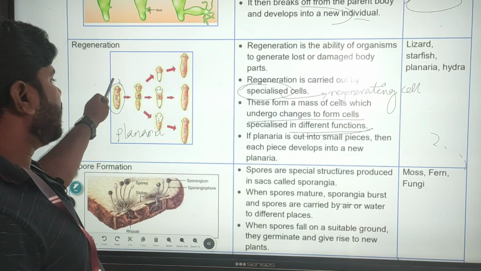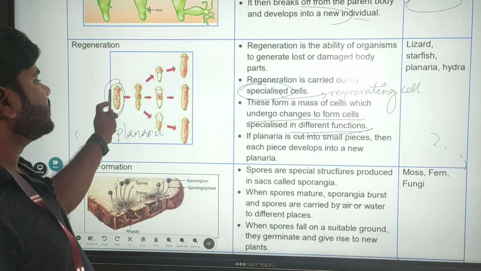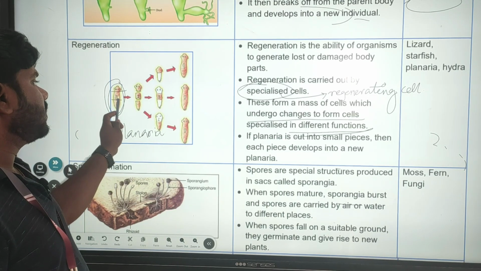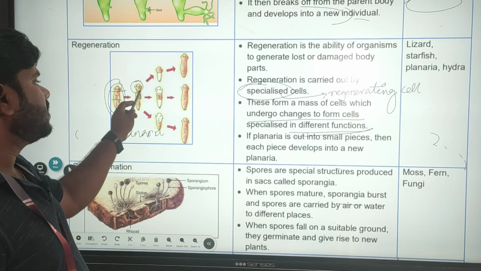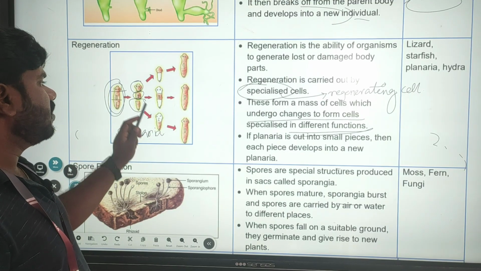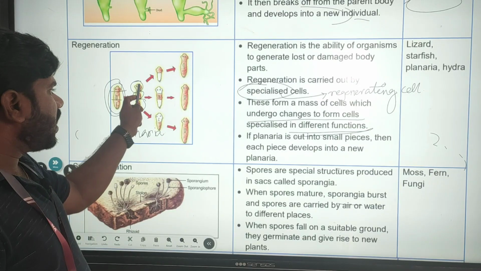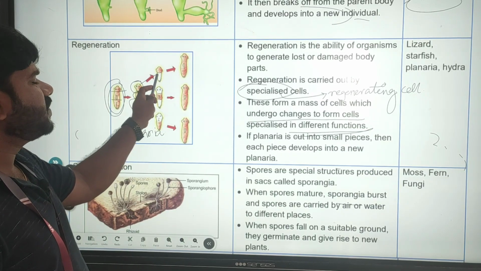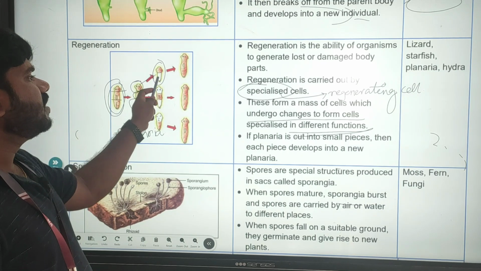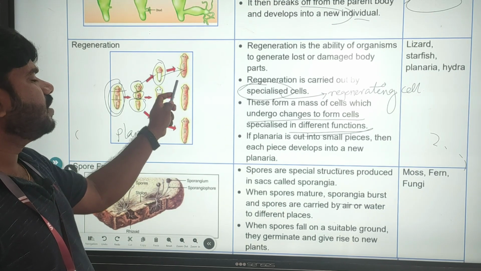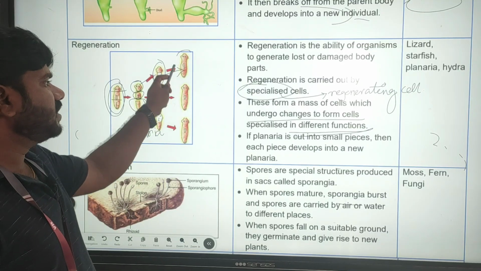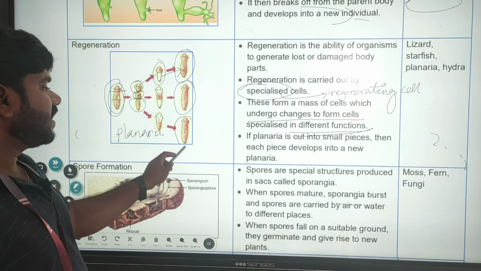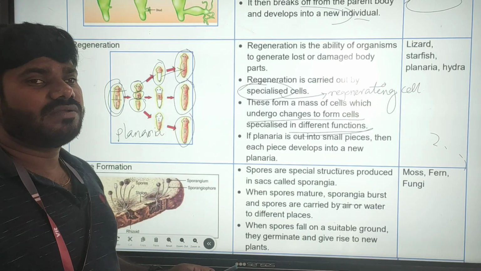Okay, you can see this is the planaria. Whenever it is cut into the head part, the trunk part and the tail part, you can see this is the head of the planaria, trunk of the planaria, and tail of the planaria. So each part can develop, through rapid division of specialized cells, forming a new offspring. This is the head part, this is the trunk part developed, and this is the tail part developed into a new